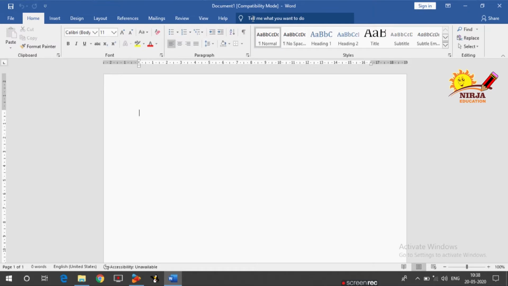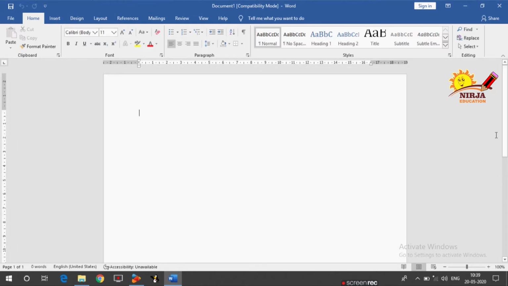This is what you call the ribbon, in which all the groups of the tabs are seen. These are the rulers. Rulers are two, one vertical and one horizontal. This is your zoom in, zoom out. These are your views, in which you choose how you want your document to look. Then this is your scroll bar.